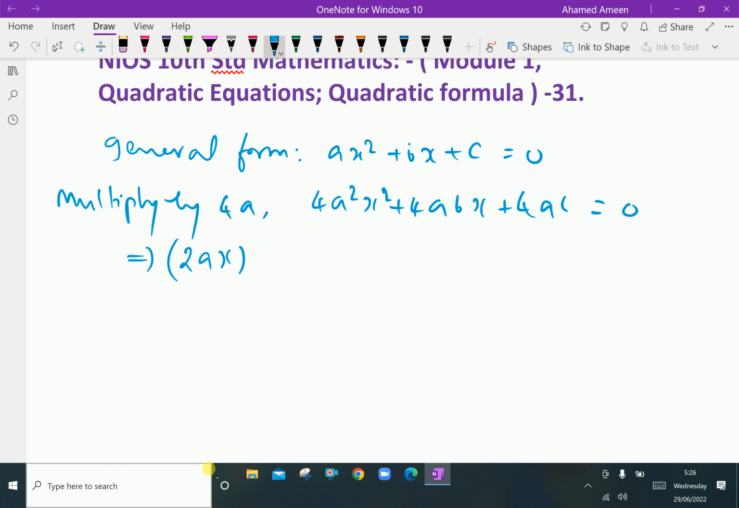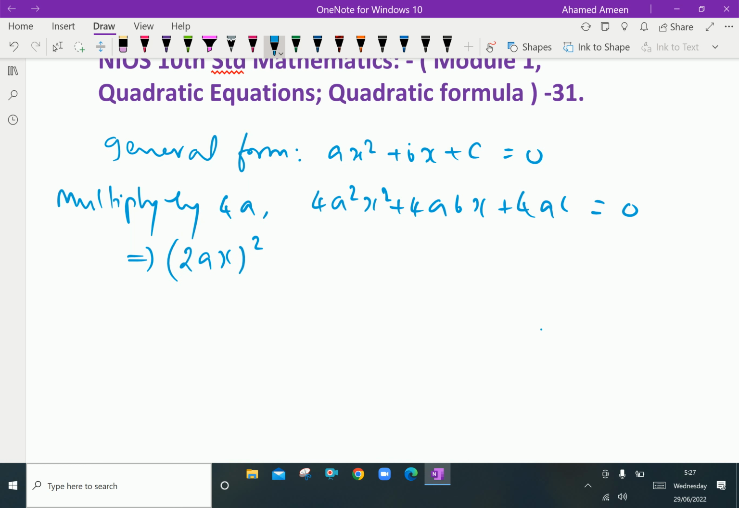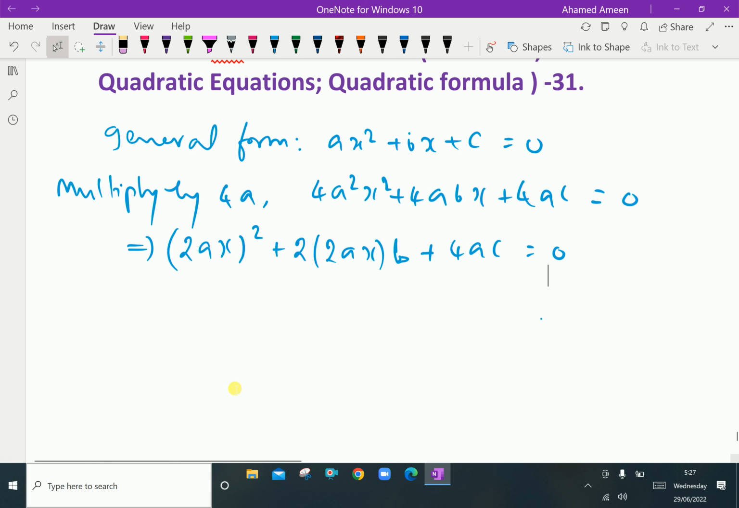2ax whole square is 4a squared x squared. Then next is plus 4abx, you can write as 2 into 2ax into b, plus 4ac equal to 0. Further, adding b square both sides,